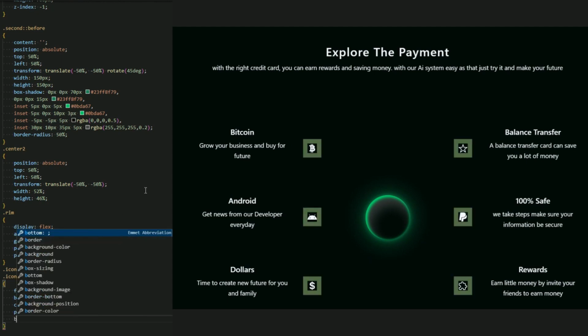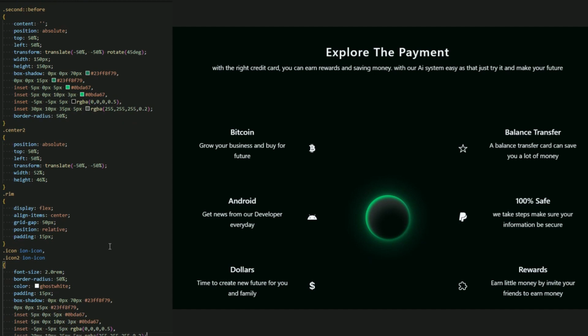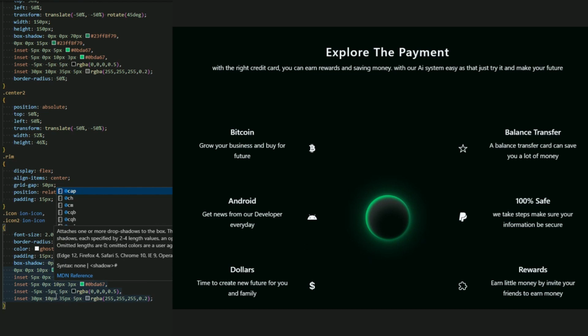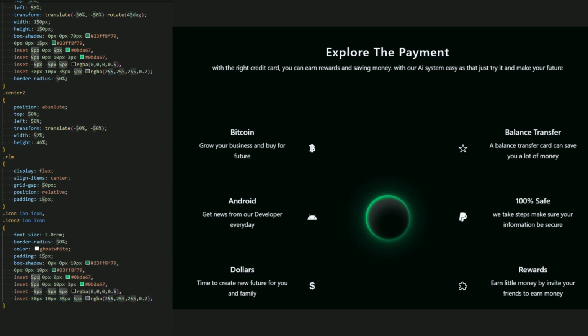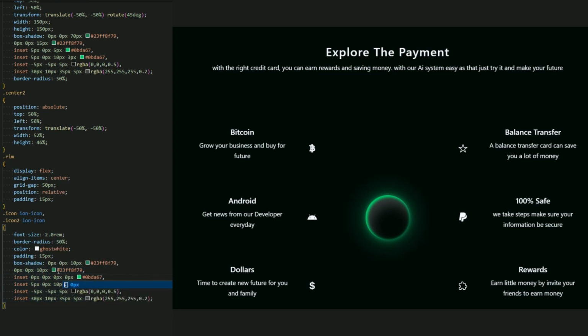Now the box shadow, copy this, paste it. Okay, now for the box shadow, let me add 10 pixel, I think, yeah. And let me add this as 0 pixel. Let me just add a little, yes, 0 pixel.